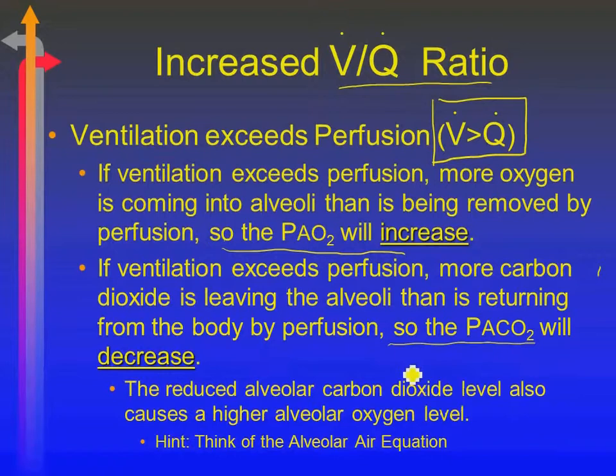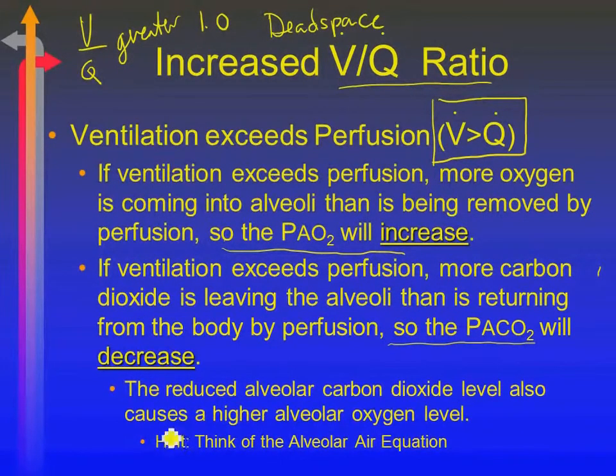So those situations where I have a high VQ relationship, greater than 1.0, we're going to consider those to be dead space situations. And they'll end up with a higher oxygen but a lower carbon dioxide. And again, if we think back to that alveolar air equation,